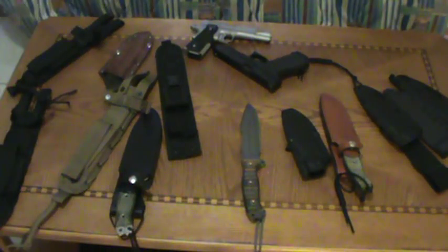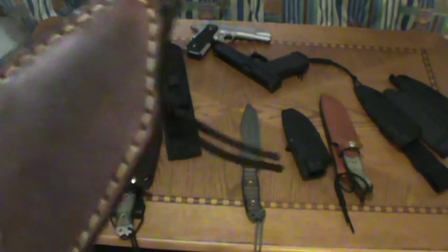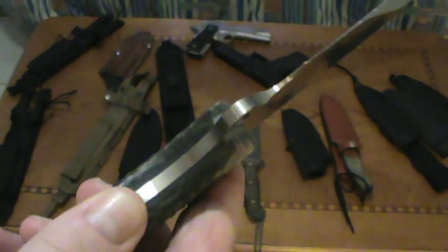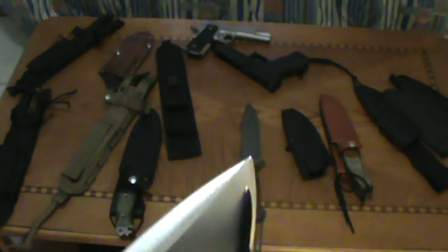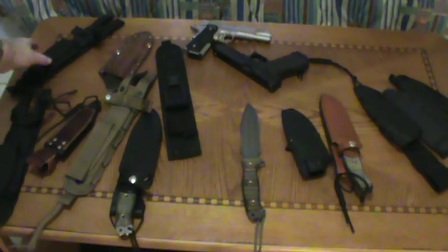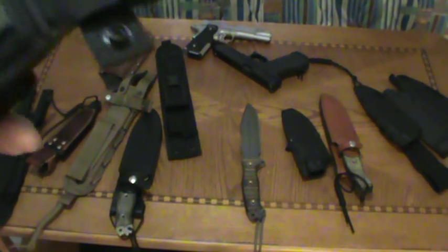You know, this is a one-of-a-kind holster and one of only 13 blades like this. Man, I love that combo edge. Almost like a mirror on that edge. See that? So what I did, I took another